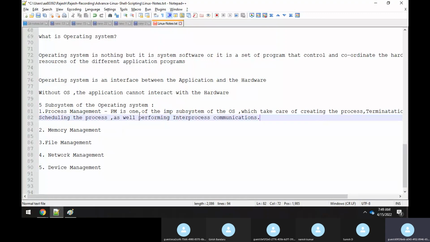You need not worry about what inter-process communication is. It means these are all the roles and responsibilities that process management performs.